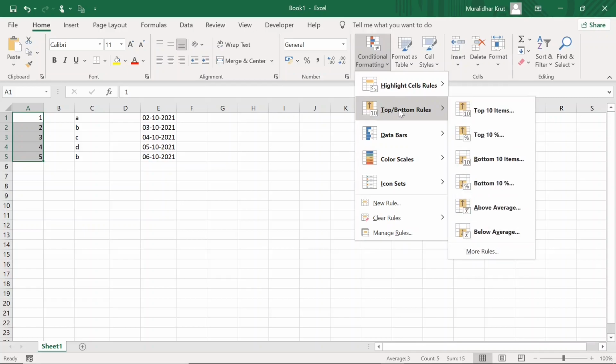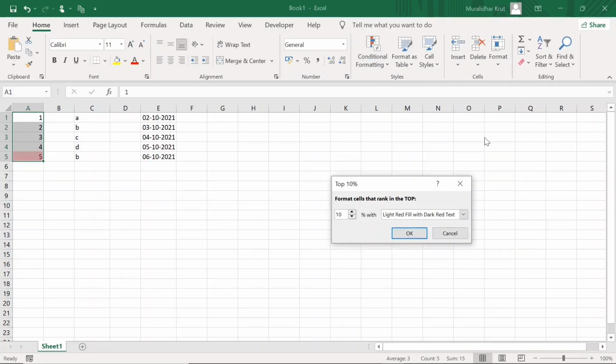Conditional formatting, top bottom rules. Now we'll see top 10%. 10% of 5, because there are 5 items in the count it shows here. So if I say 60%, 60% of 5 items is 60 into 5, that is 300, divided by 100, that is 3 items.